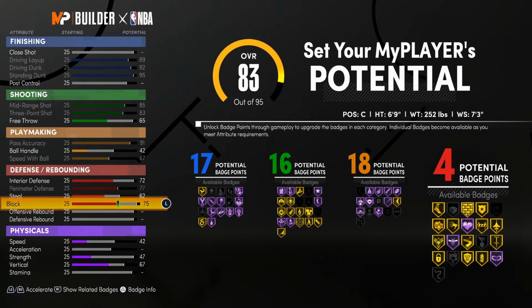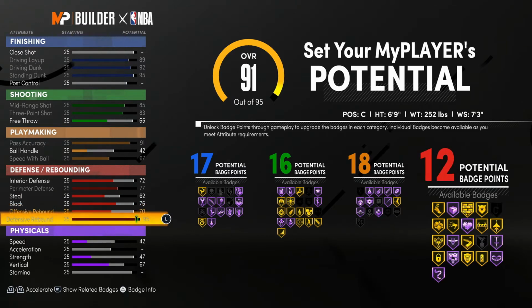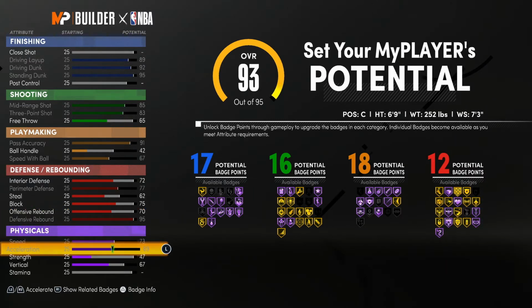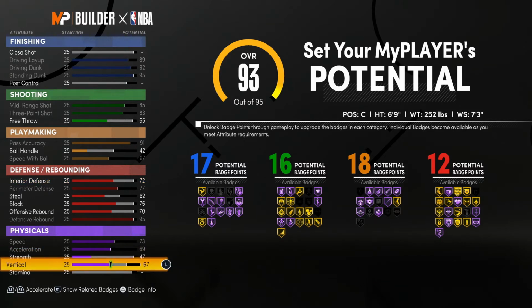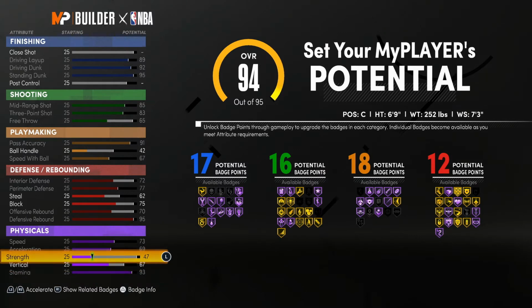And alright, for the best category in the game, man, we're going with defense. So look, interior D, we're going to do a 72. With perimeter D, we're going with a 77. So that does mean at a 98, you will unlock the clamps badge. So with steal, we're going with a 62 just to get interceptor. We're going with a 75 on the block. And then just take your defensive rebound, max that thing out, and it'll get you a 70 on your offensive rebound. Then we're gonna max speed, max acceleration, 51 on the strength, 67 on the vertical,